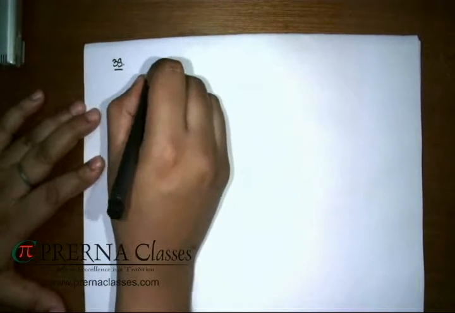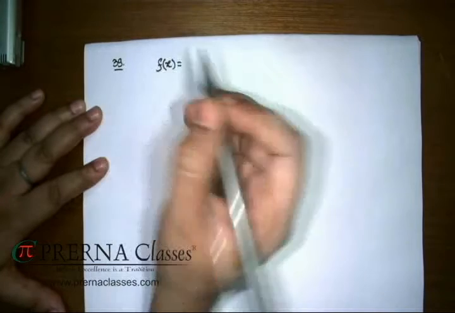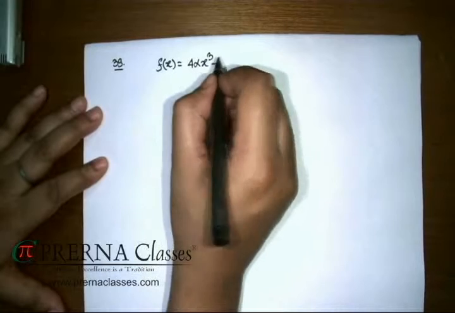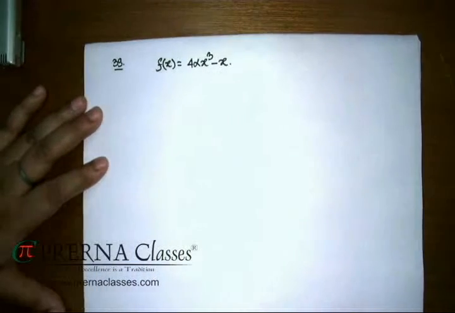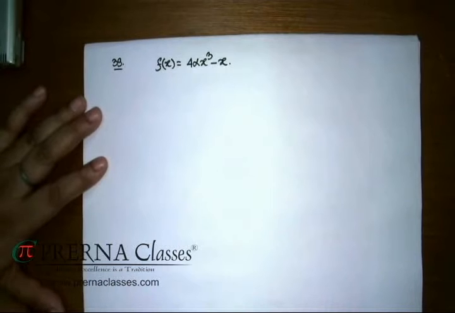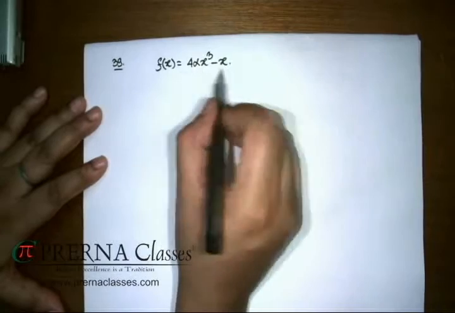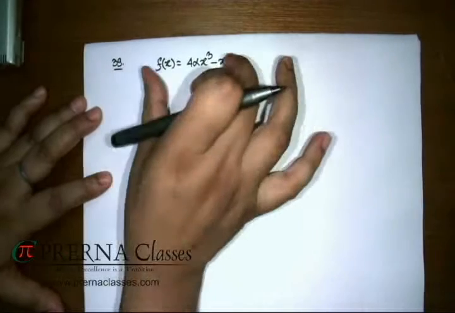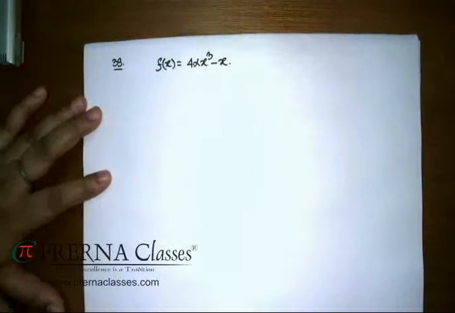Next problem, that is the 39th one, and you have to figure out the least possible value of alpha such that some inequality is correct for every positive x. For this case, if I start off with this assumption that, say, a function, if you check this function I have got after rearranging the equation which was given in that problem, it is given to you that this f of x is always more than or equal to -1 for every positive x. So what I am doing is I am going to look for its minimum value. I'll make it equal to -1. That is certainly going to correspond to a value of alpha.